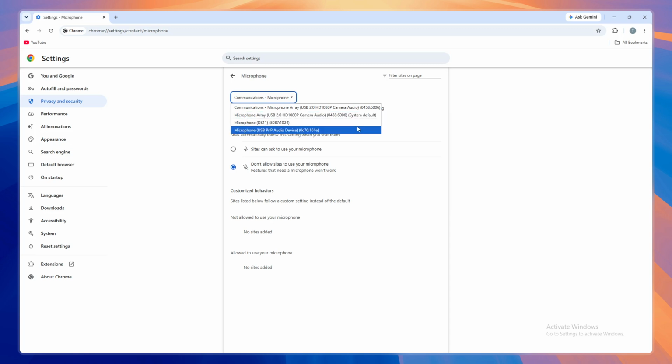Finally, click the radio button next to Site can ask to use your microphone. This grants websites the ability to request microphone permission, but only when you explicitly allow it, maintaining your privacy and control. And that's it. You've successfully configured Chrome to allow camera and microphone permissions while keeping control over which sites